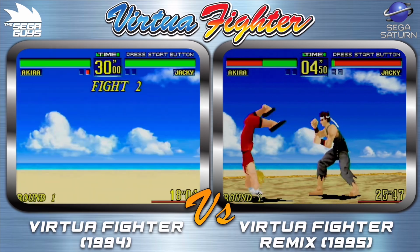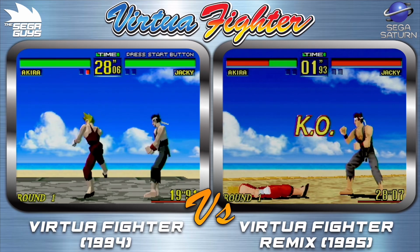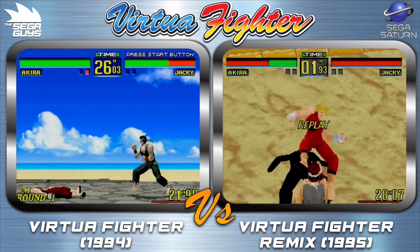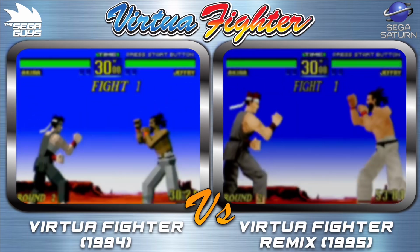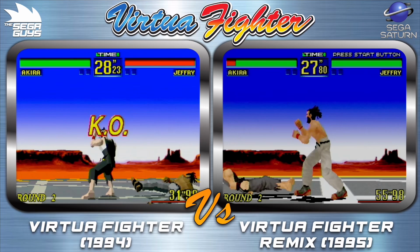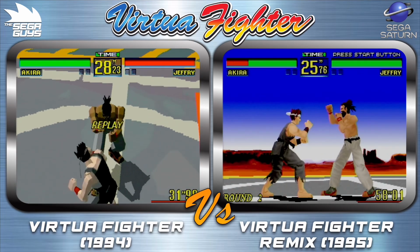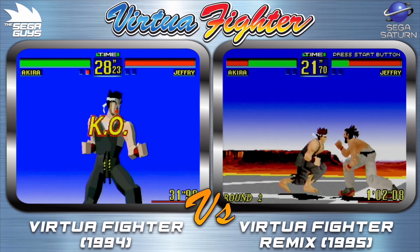However, it does have its issues, most notably the flickering polygons which plague fighters and the ring areas during replays. This glitching, for lack of a better word, has led to retrospective criticism of the port, with many diminishing its impact and even its quality. It can't be understated just how much Virtua Fighter blew my mind when I got my hands on the Sega Saturn in July of 1995, so I can't begin to imagine how it must have felt to play this 8